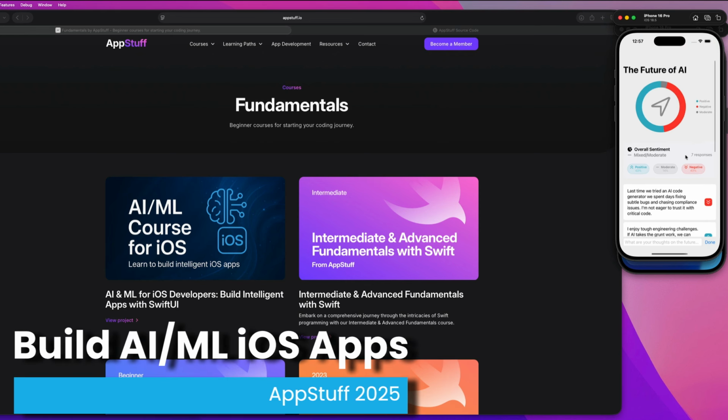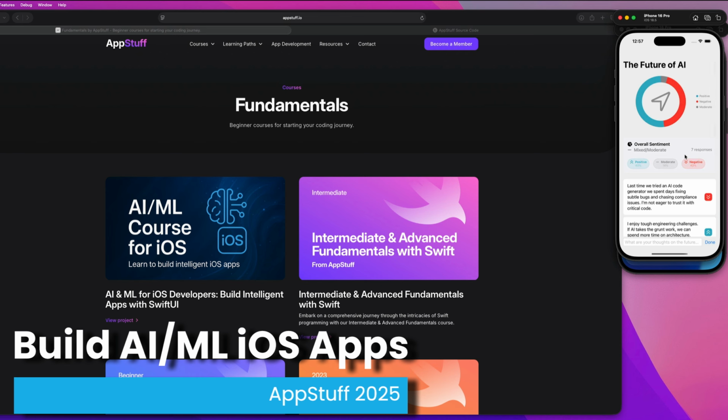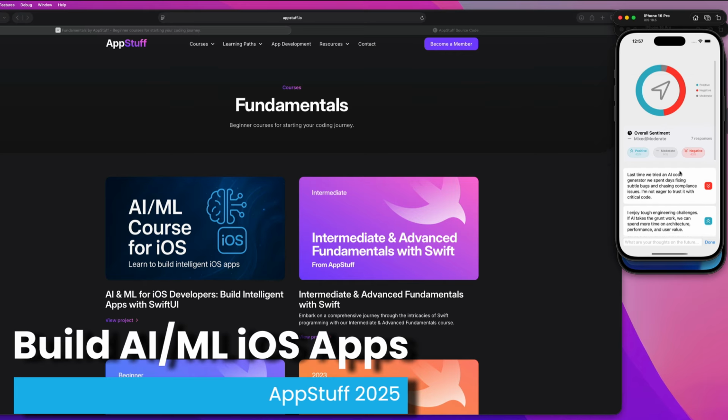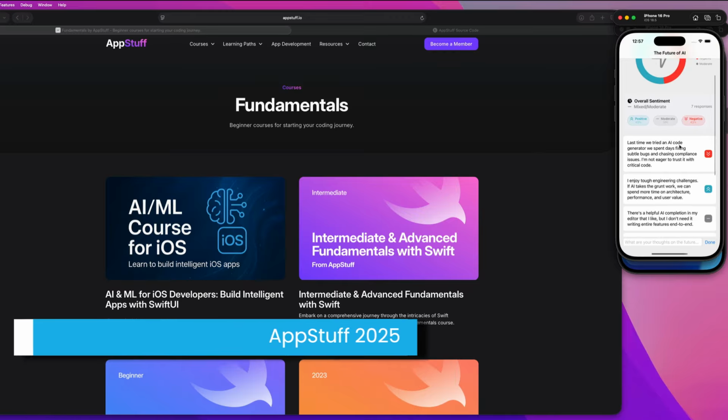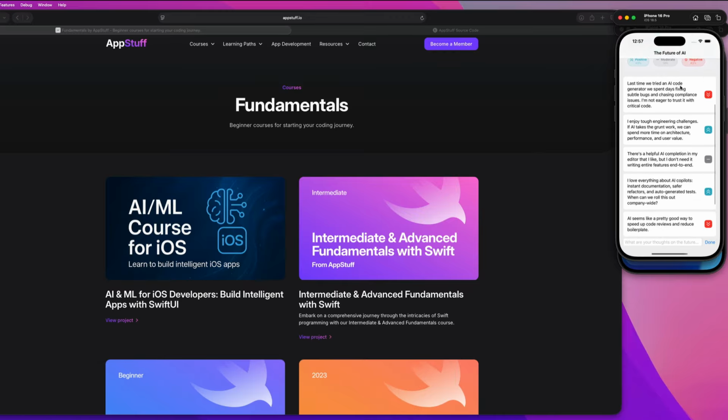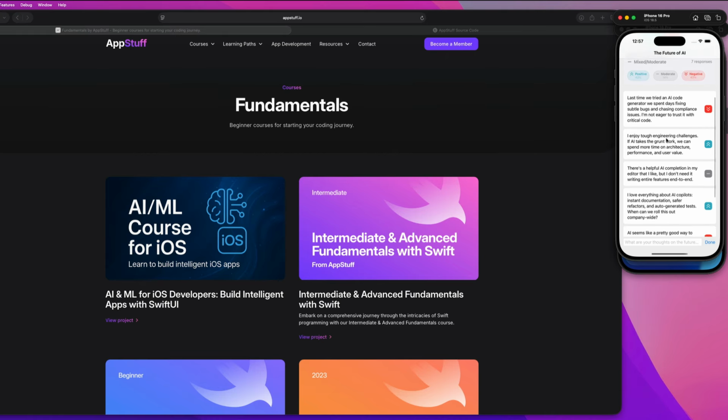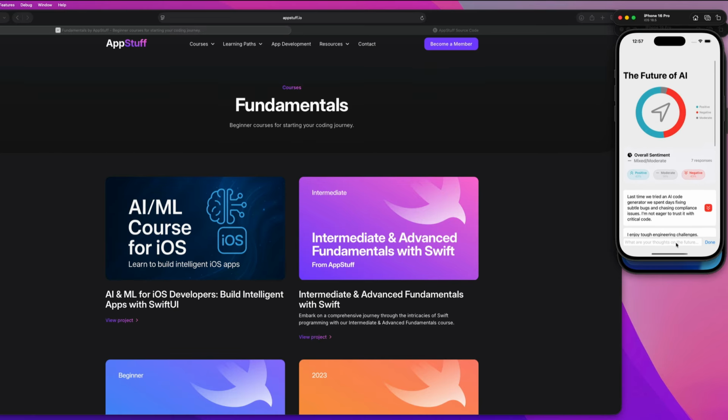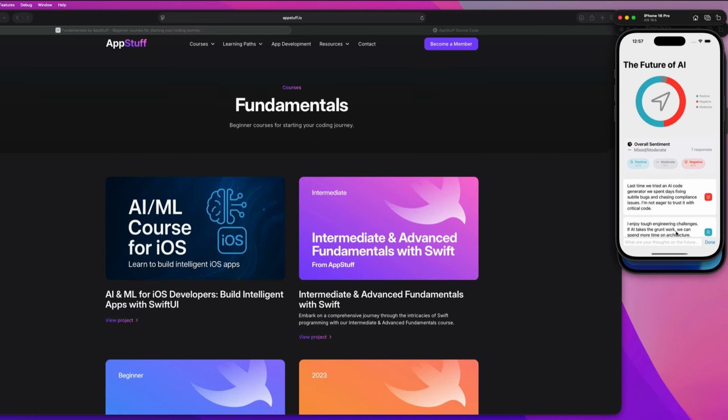In this video, we're going to be building a complete sentiment analyzer application using machine learning right inside of Xcode. So we're going to learn how to train a real machine learning model that can understand natural language and use it to analyze text sentiment directly in our iOS application. We're not using Python, TensorFlow, or anything, just Swift, SwiftUI, and Core ML or machine learning. And by the end of this tutorial, you'll have an app that can instantly tell if a sentence or caption